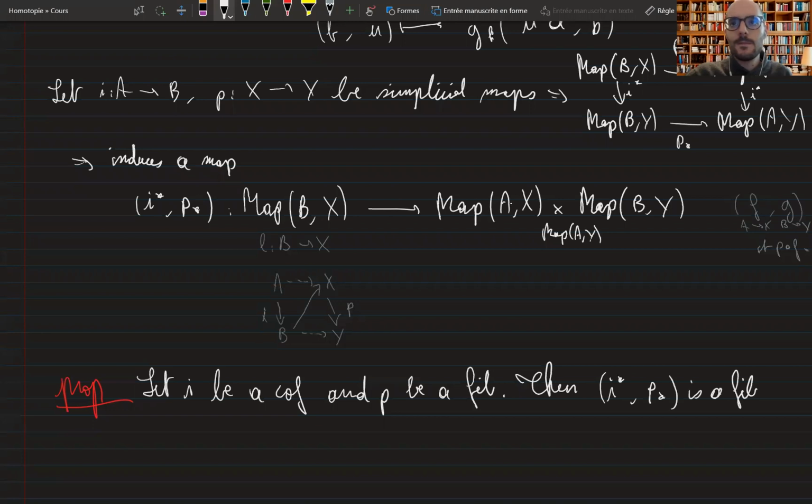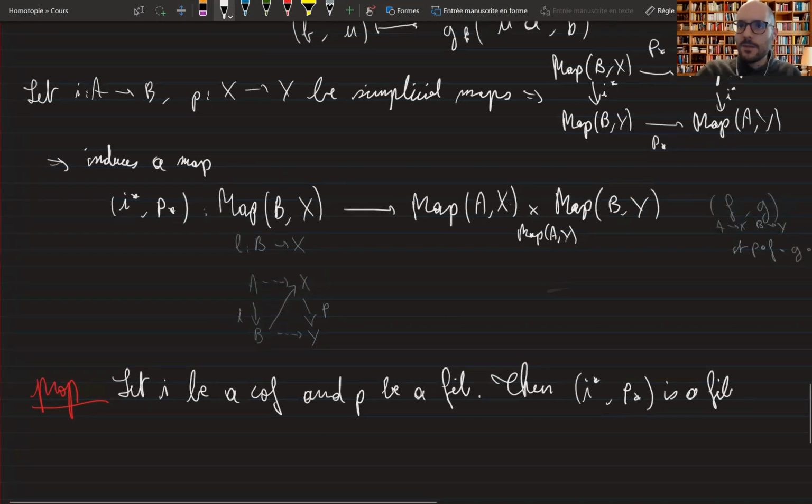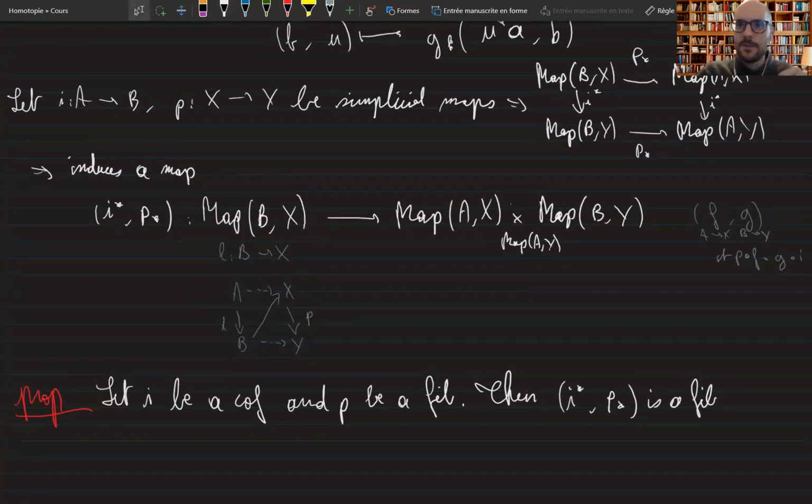It's a bit hard to wrap your head around this. It means that you have a space of commutative squares like this, where P is on the right and I is on the left, and you have a space of lifts. And this is a fibration. It's a bit hard to interpret,